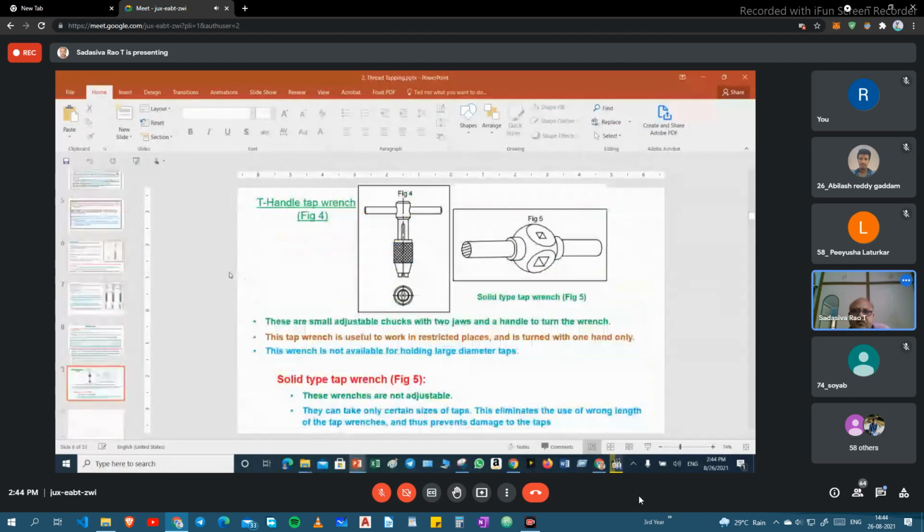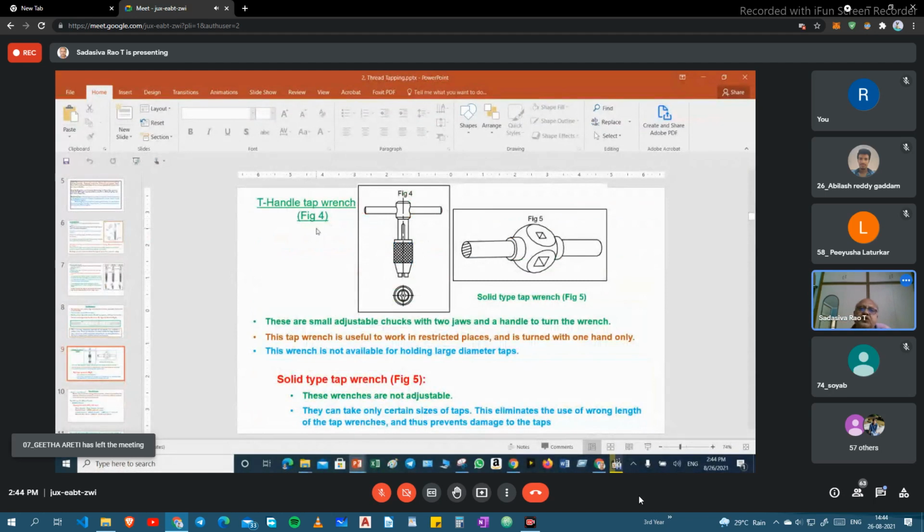And if we are using small taps, that is small diameter, then this type, this is a solid type tap wrench. These are used.